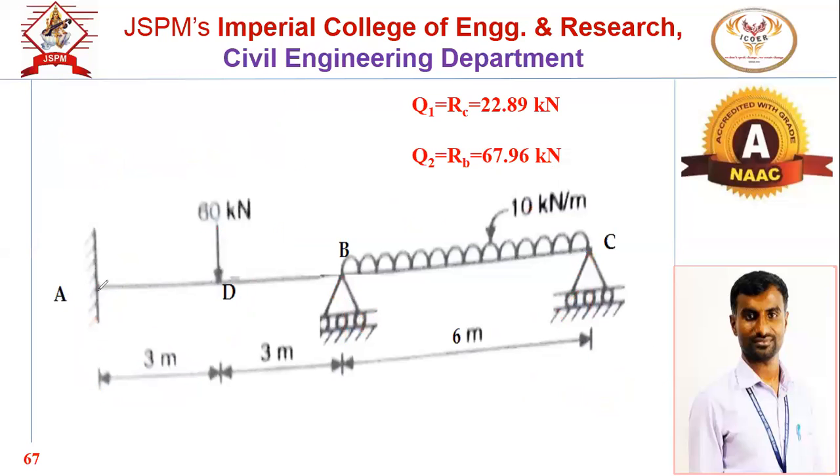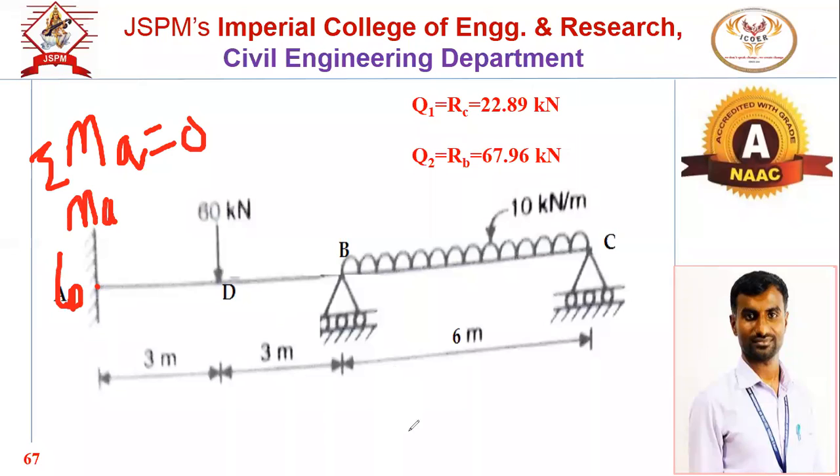Same way, apply the summation of moment at point A equal to 0. Here we want the moment and we will assume that moment is acting in the anti-clockwise direction. What we are having is RB, so this RB value is known to us. Then RC value is known to us. So take the moment. You can use any sign convention, as we do with the reaction. You can consider clockwise as positive, or clockwise as negative. For the total calculation, you can treat clockwise as positive or negative.